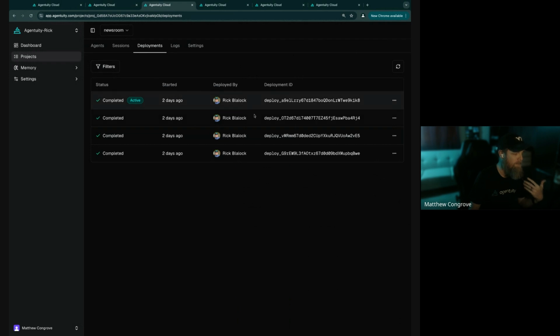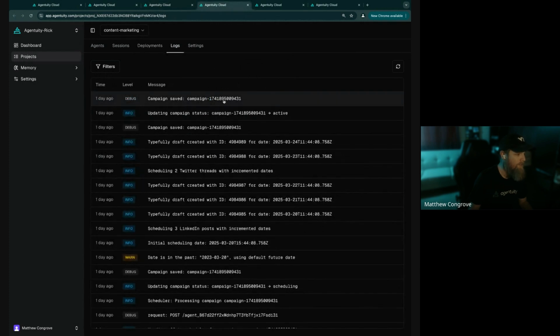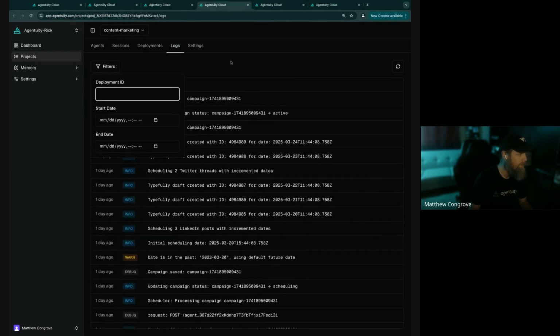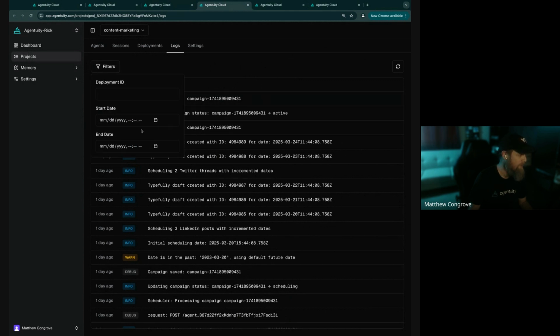Deployment screen, again, same thing. We've gone through infinite scrolling. We've added the filters here. We'll continue to add more filters as we start to build out some more content inside of these columns, which is coming soon. We've also added additional filter capability here to the log, where now if you set a date,